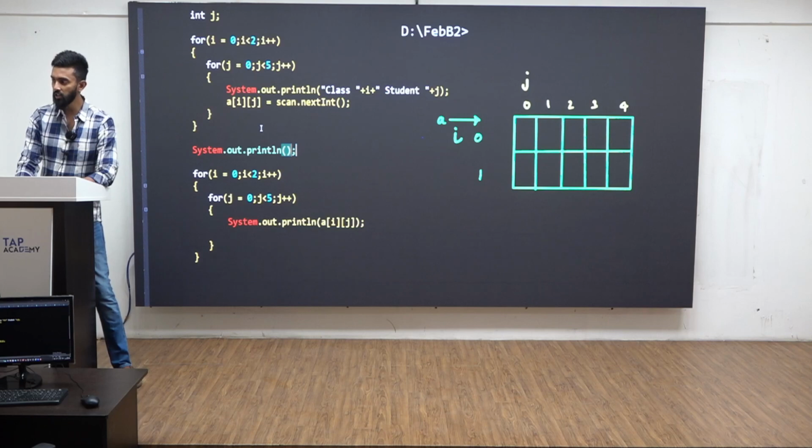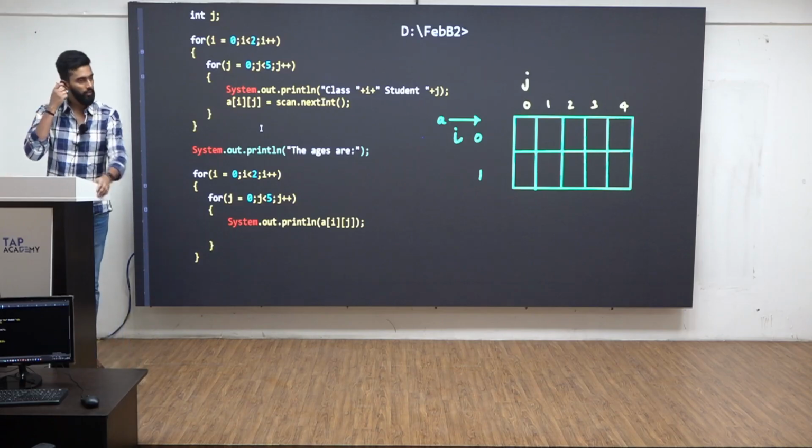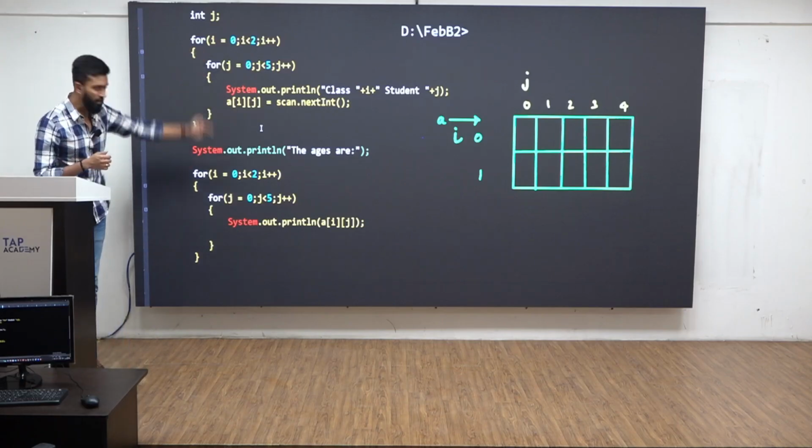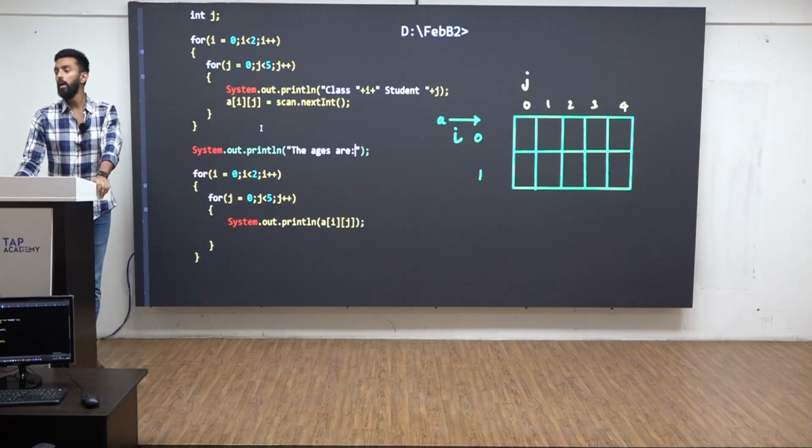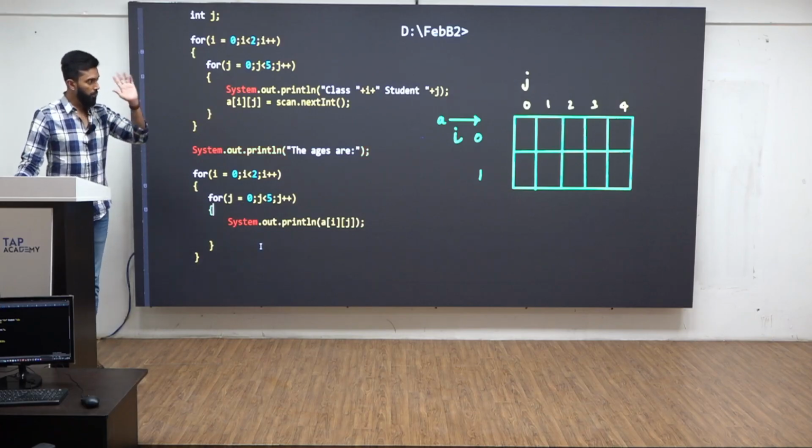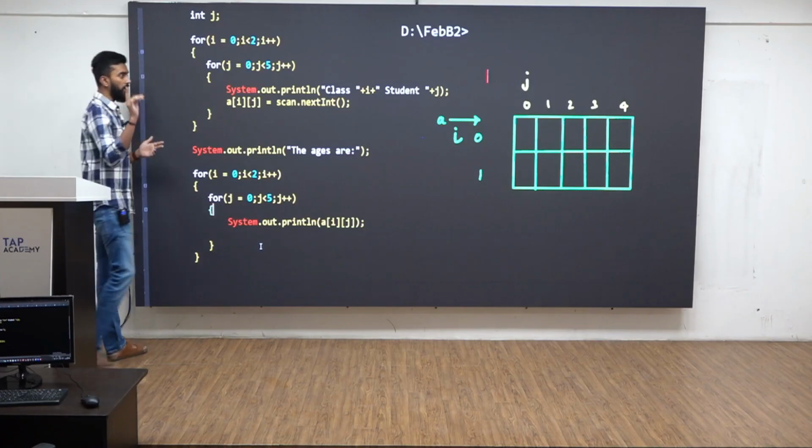System.out.println, and just in simple words I will tell the ages are. Clear till here? So that we know the difference between input and output. Okay? Now, I want everybody to look at the output carefully, but before the output, I want everyone sitting in